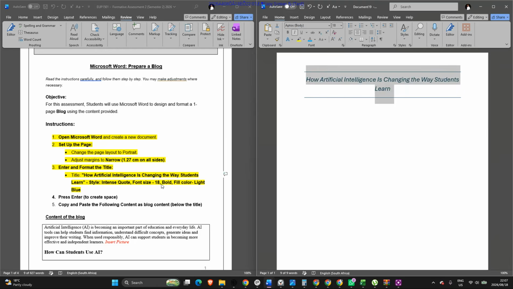So if you look around, you see the font, you have to put it at 18 and it becomes bigger. And then you have to make it bold. Bold is this B right there. The rest do not change it. This italics is part of the intense quote. So we have to click bold so that this becomes bold. And then it says fill color light blue. Fill color is light blue. So now when you are putting on a fill color,